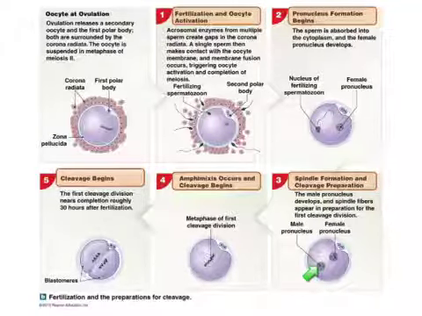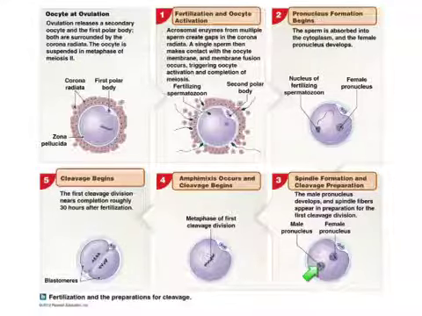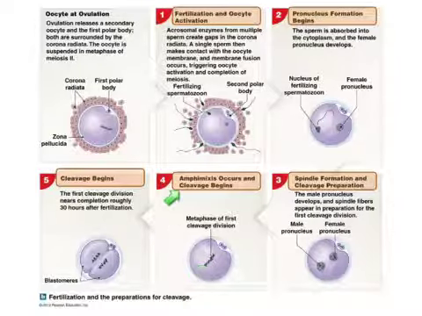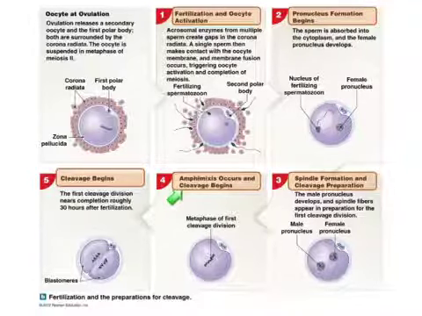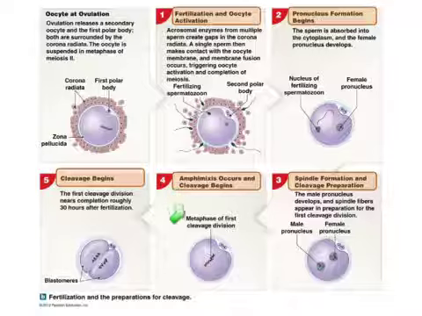As these pronuclei, male and female, are forming, the spindle fibers start to form, setting the cell up to begin cell division. Before that can happen, you have amphimixis. The pronuclei lose their membranes and the genetic material intermixes. So amphimixis is basically the fusion of the two pronuclei, where you go from two haploid nuclei to one full